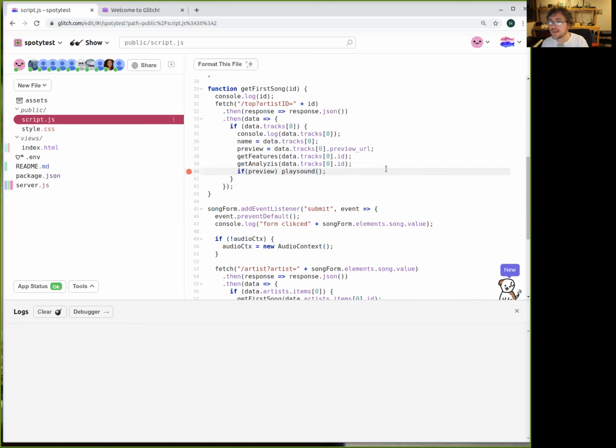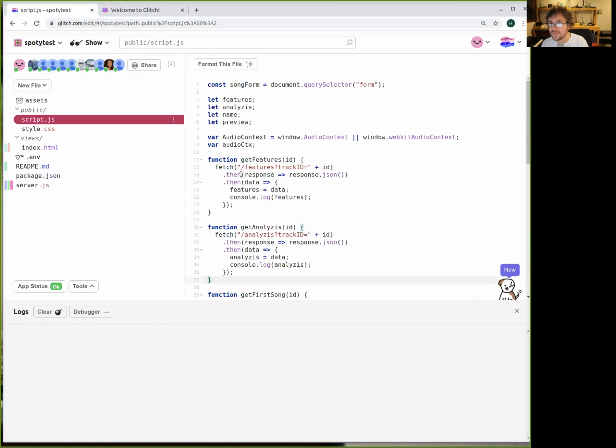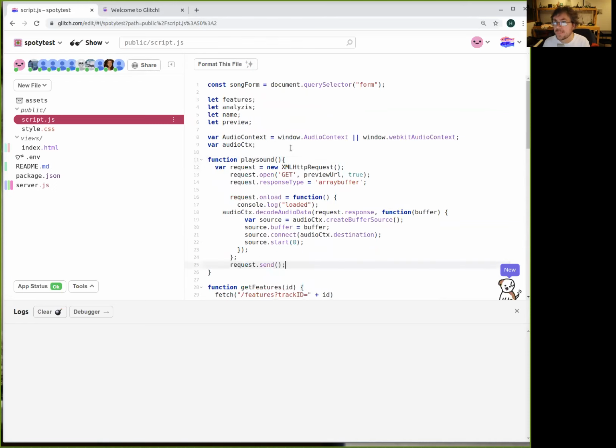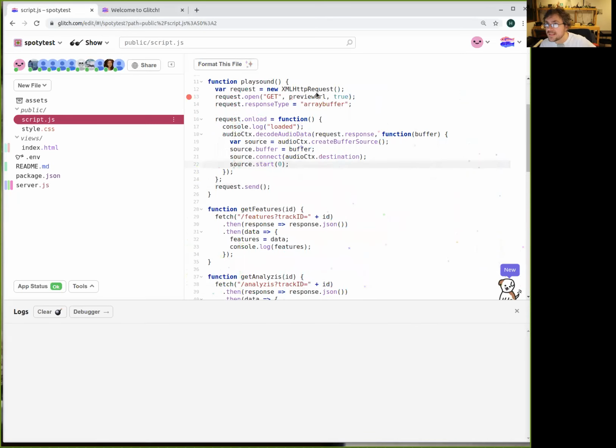And then I'm going to create another function here that is called play sound, play sound with the preview. Let me reformat this. In play sound, I'm doing a connection, I'm getting a buffer, I'm loading the sound, decoding with the audio context, getting the function of that information, and then creating the source.